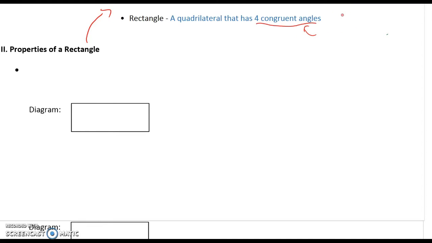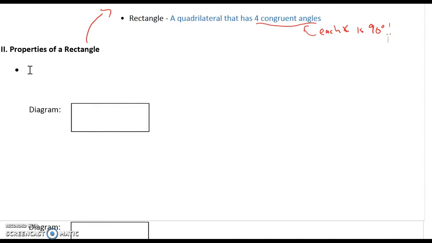Well, remember a quadrilateral's interior angles add up to 360. 360 divided by 4 gives you 90-degree angles. So each angle is 90 degrees. Just keep that in mind because that also gives us right triangles and things we can use with that 90-degree angle. Now our first property of a rectangle is very similar to our first property of rhombuses